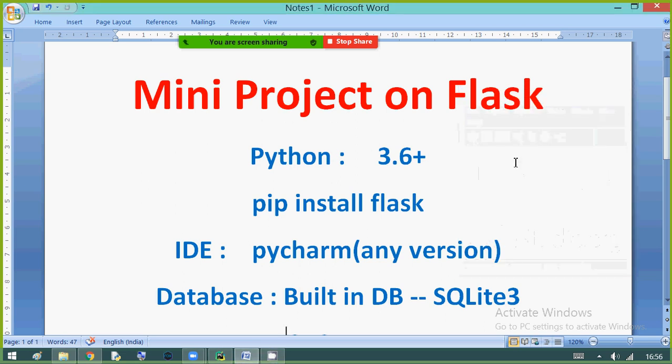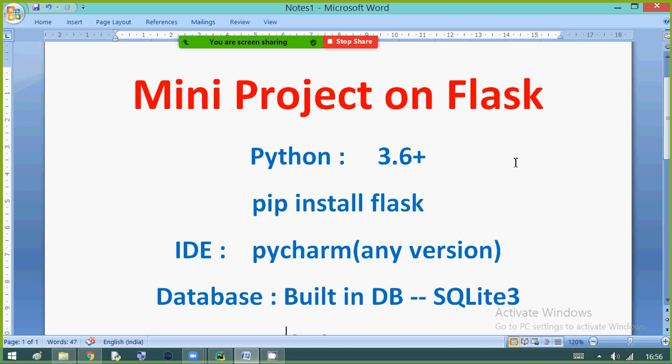So in the previous video we have discussed the requirement. One more time I am telling you, to understand this project and to work with this project properly, you need to understand the requirement that is given in the previous video. In this video I am starting the coding part for admin. Later we'll look into the student. So first let me go with the admin.